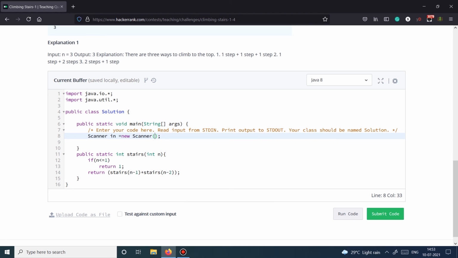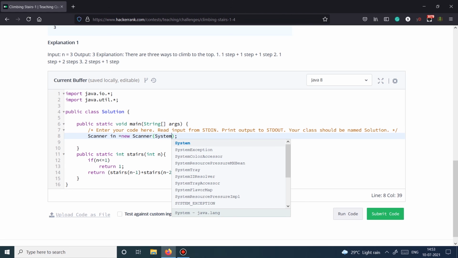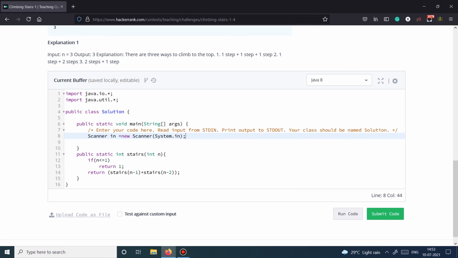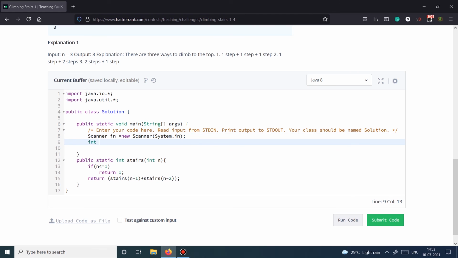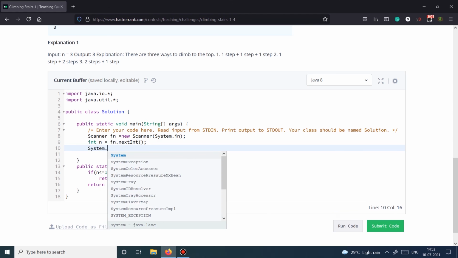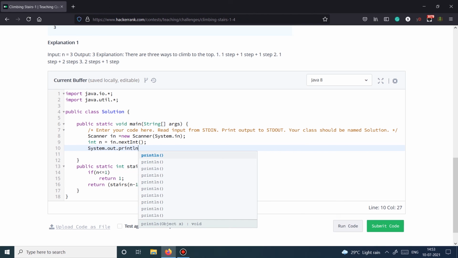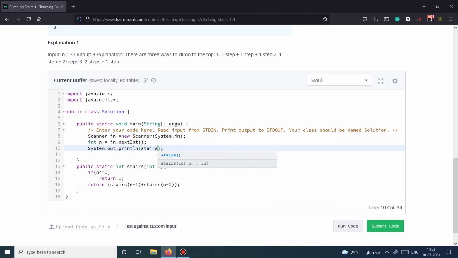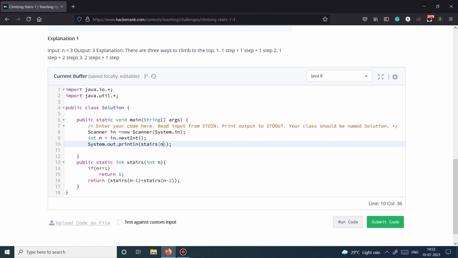This is Scanner I am using; you can use BufferedReader and InputStream also, it's absolutely fine. This is n, wherein we take the input as the number of stairs that we have, and then we print and call stairs of n. That's it. It should give me the answer.